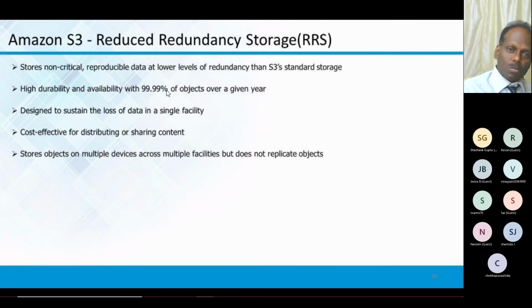So this is also a cheaper version compared to your standard. Out of all the 4, the costliest one is the standard. Next is RRS, infrequent access. Next is RRS. Last is the glacier. So like that, you can think about it. Here we use it for non-critical data because the durability is lesser compared to what we call as the standard, okay,